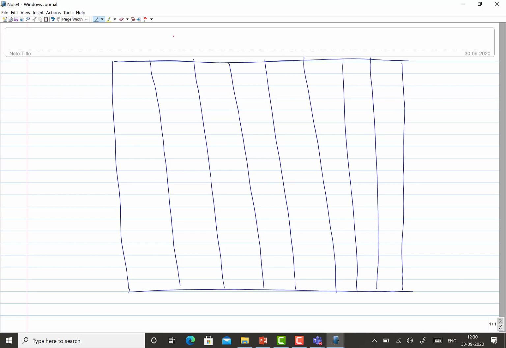At the top we write the from stations, showing from which station movement is taking place.